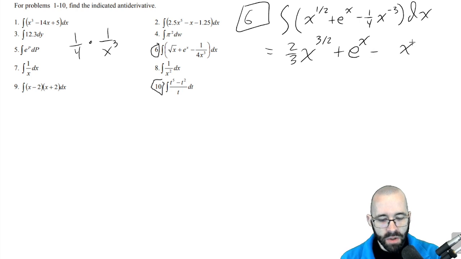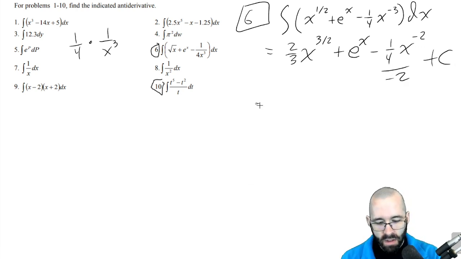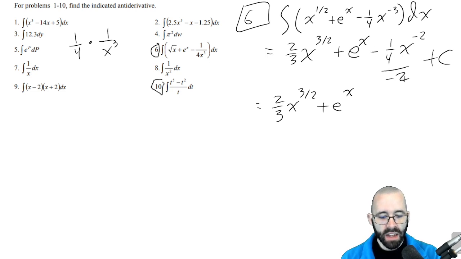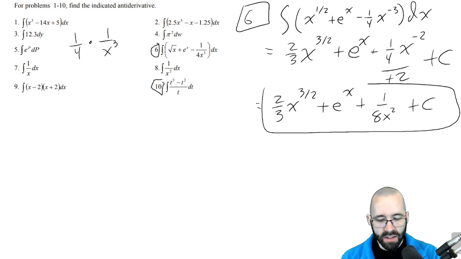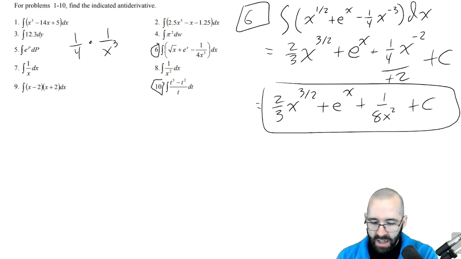And then again, the power rule. Add an exponent, divide by that exponent. And then we have plus c. So again, this is 2/3 x to the 3/2 plus e to the x. What is this last one? We have a negative and a negative. These go positive. And this turns out to 1 over 8x squared. And that's our answer. And again, to kind of unpack this part a little bit,